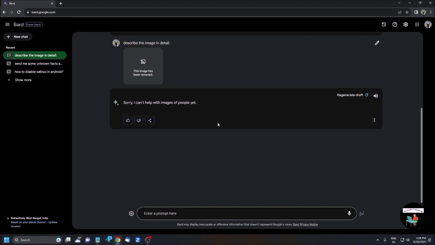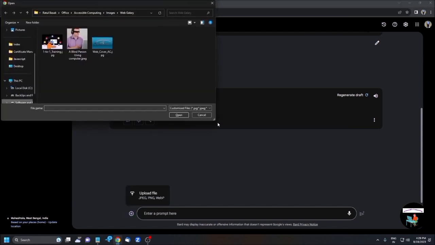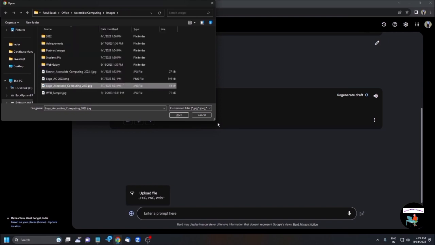you can use it. Like if you generate some image from any art, for example you generate an image from Artimand and then you need to use that, then you can do that. Let's see. Open the upload file menu. I'm choosing another one. Upload. Okay, banner, no, logo. It's the logo, banner accessible computing